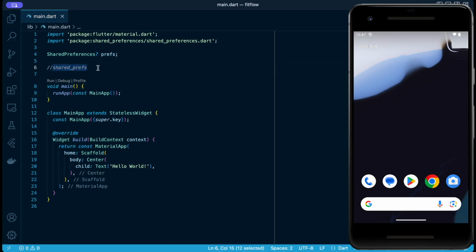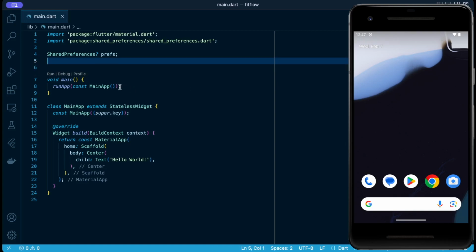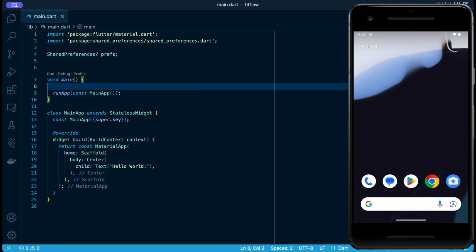So inside this shared prefs is where our file is stored. We need to read it from the disk first so that we can load whatever has been saved in the XML file. If there is none at the point of setting anything in our shared preferences, it's going to add that. So first things first, we're going to define it before the runApp, and to make sure that